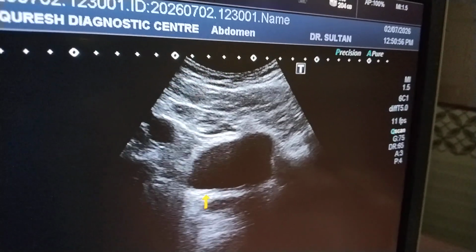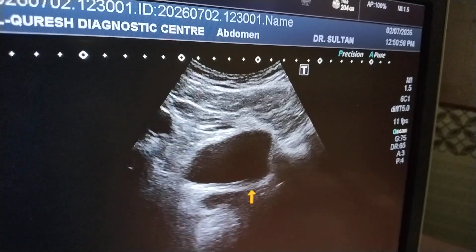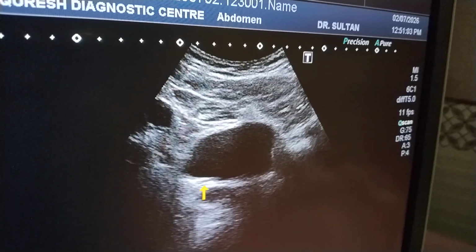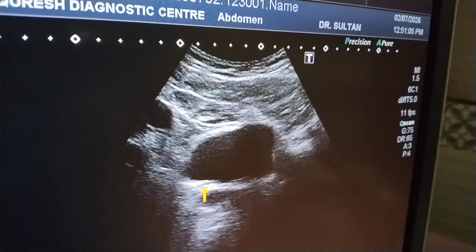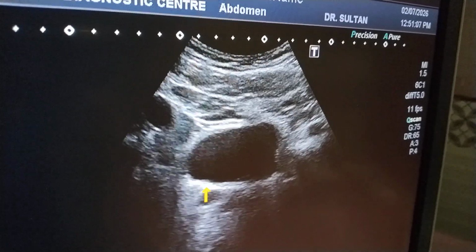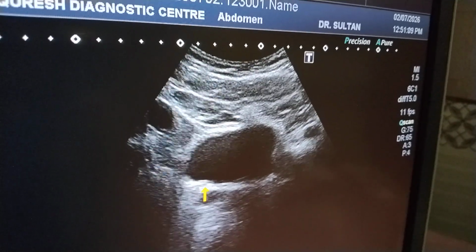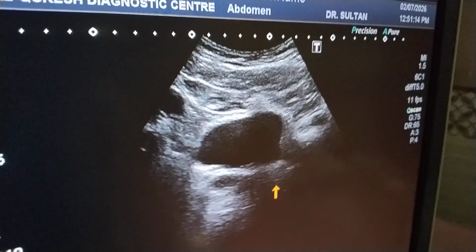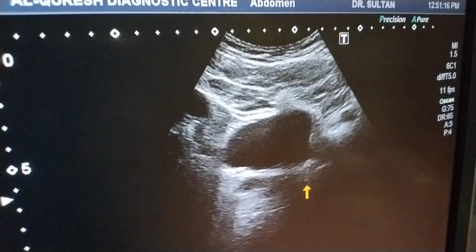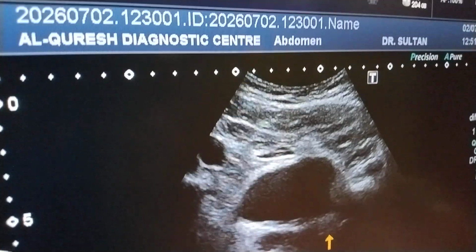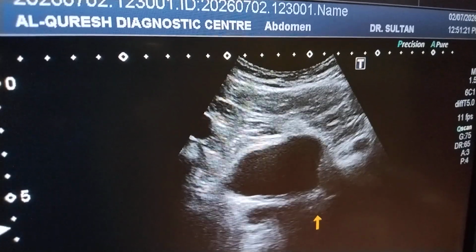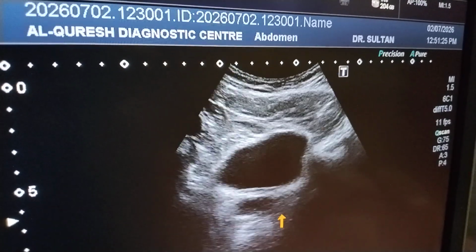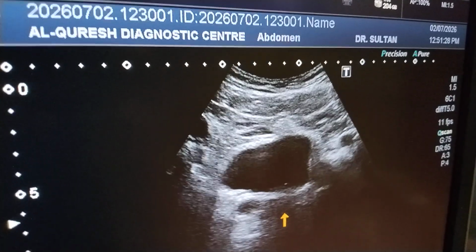This is the narrowest part of the ureter when it is passing through the wall of the urinary bladder. This intramural part is the narrowest part of the ureter. So for this reason, mostly this is the place where the stone can be trapped. So now we have reached the urinary bladder and look at the